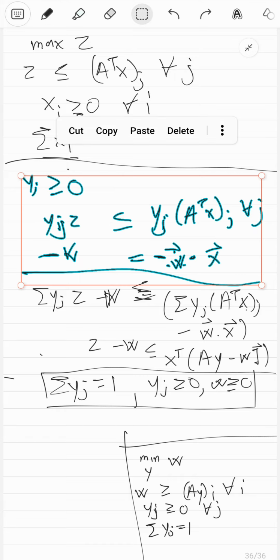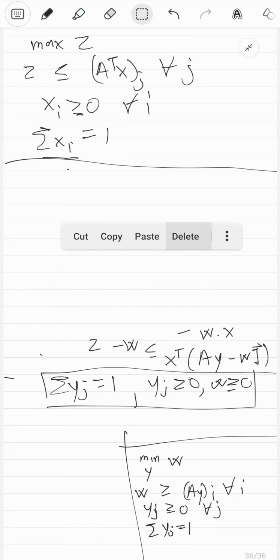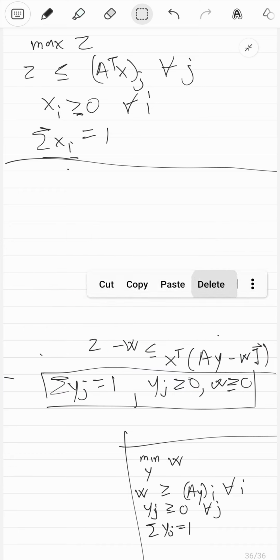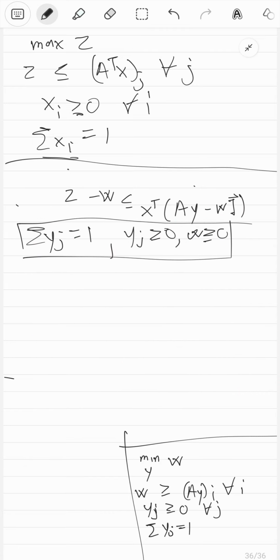So let's just delete all that. So I'm just gonna write the final equation essentially. The final equation just boils down to this thing, that z minus w is less than or